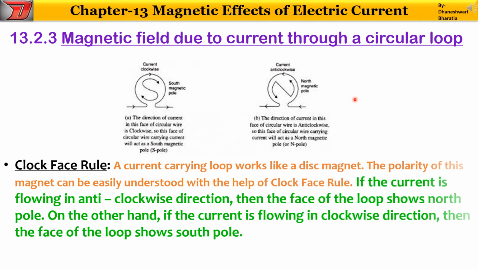Okay, the current carrying loop which we have used in our activity, this loop is acting like a disc magnet. So how can we find the polarity of this particular loop? For this we have to apply this rule. As per this rule, if the current is flowing in anti-clockwise direction, आप यहाँ पे देखिए, this current is flowing in anti-clockwise direction, and here the current is flowing in clockwise direction, isn't it?